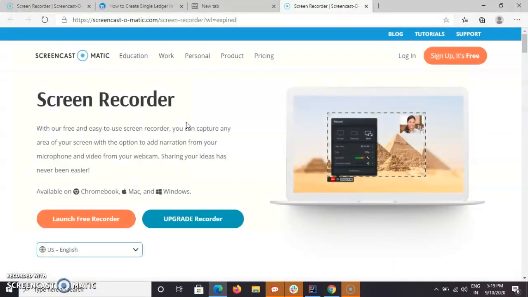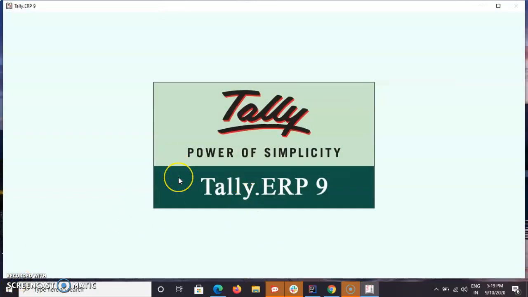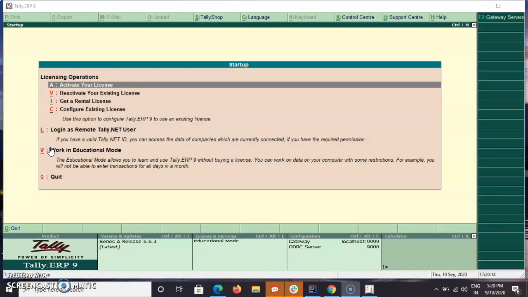So how to open: double click on Tally ERP9. Select work in education mode.